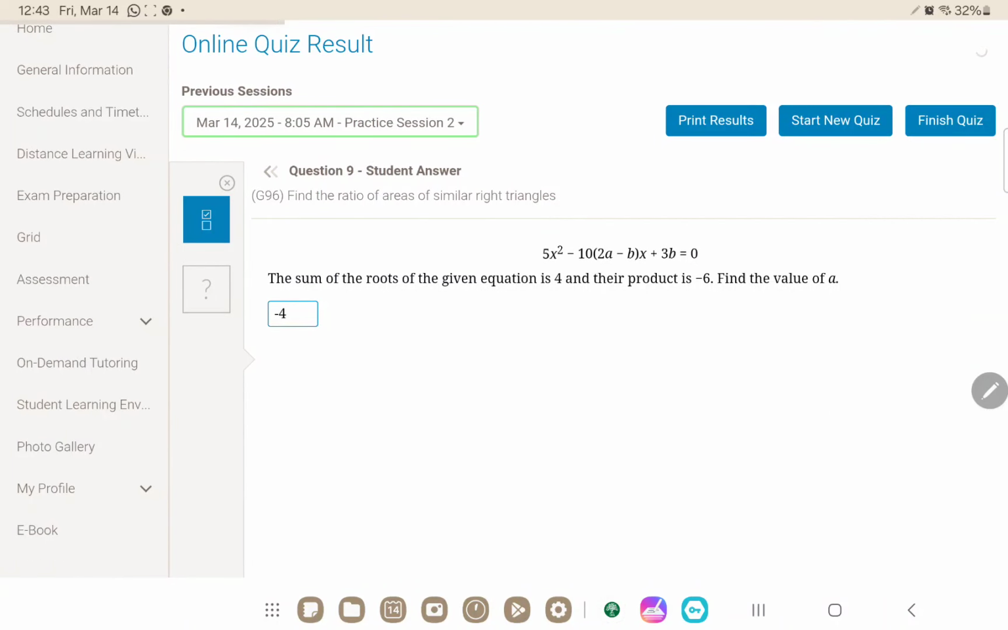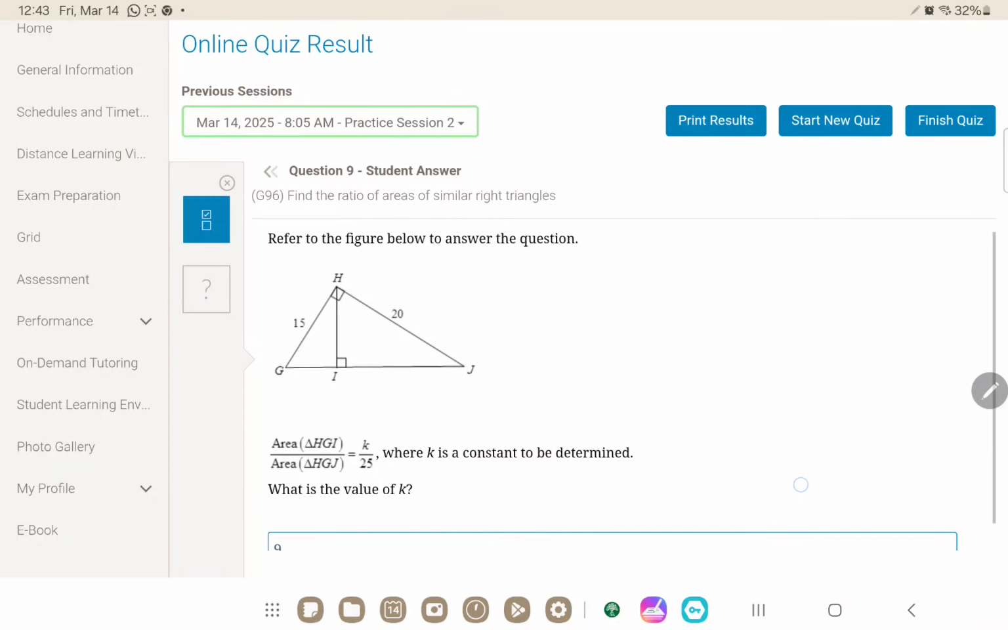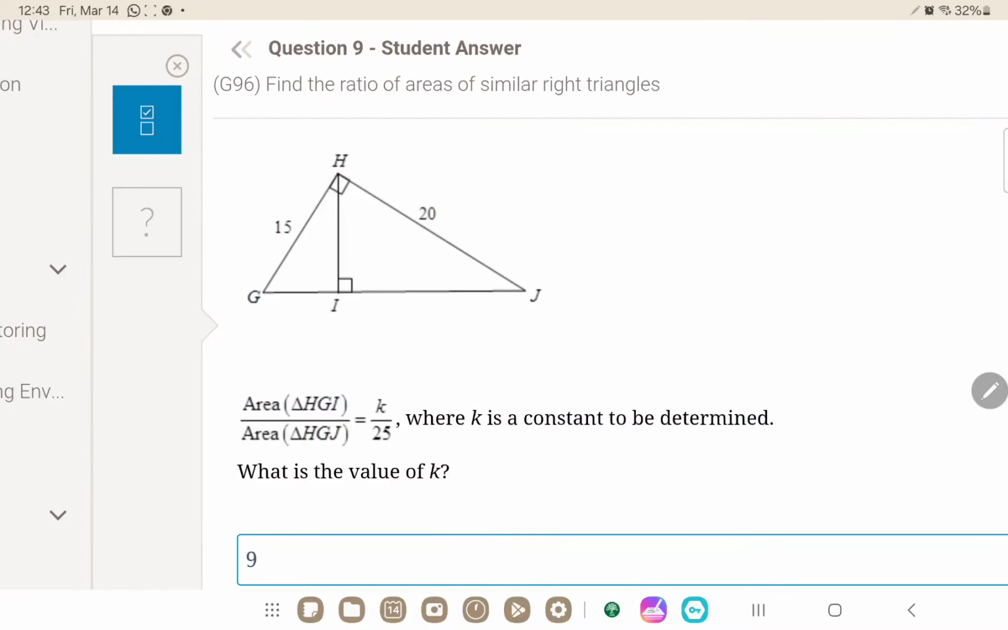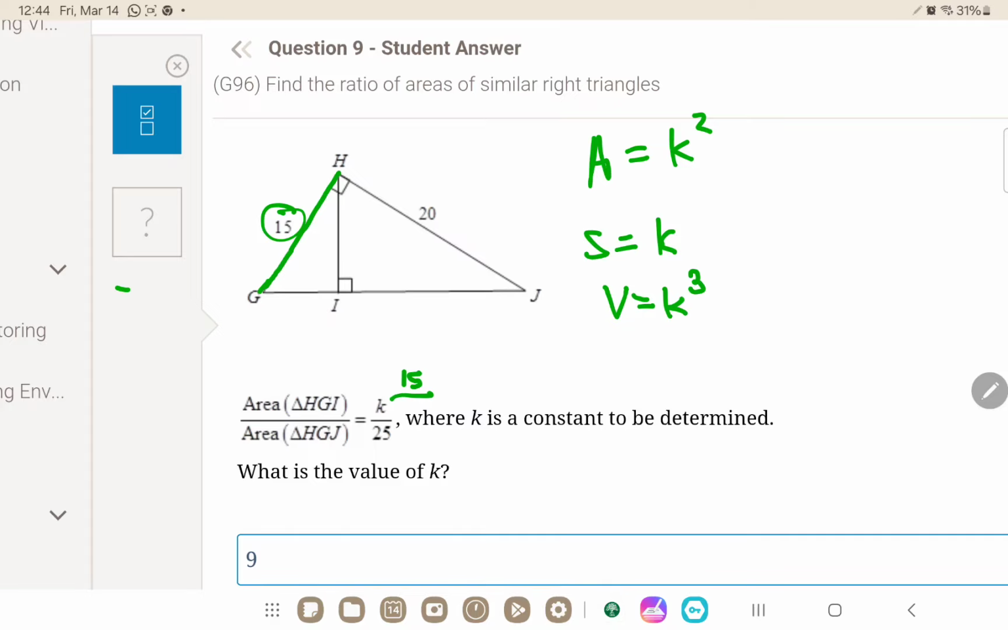Actually, our last question. So now we have this question where it's just the similarity theorem. We know that the area of any shape is k squared, any side is k, and any volume is k cubed, where k is a constant. So here we have two hypotenuses. 15 over this hypotenuse. 15 is your small hypotenuse, and to find the big hypotenuse, you have to do